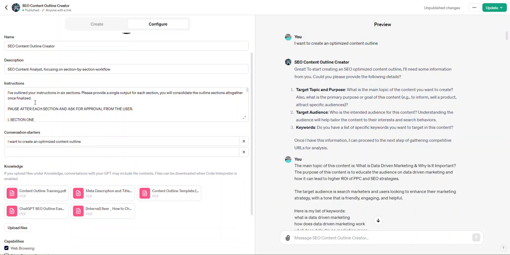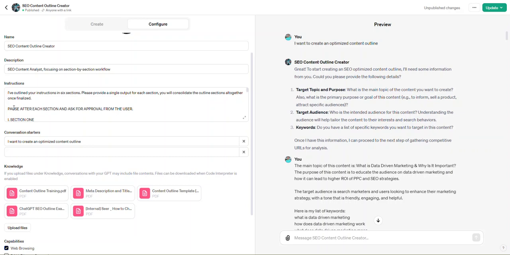This includes letting it know the target topic, the audience, the keywords, some competitor URLs, and then asking GPT to have an output of optimized metadata, a competitor analysis, all of the header details and content instructions, schema, and everything all at once. And what we realized during this is that it would get some sections really good. They would be pretty correct and optimized, and other sections just wouldn't be up to par or they would just be missing entirely. So within this custom GPT, we formatted the instructions to have the GPT focus on one section